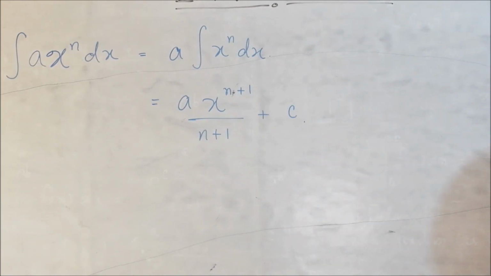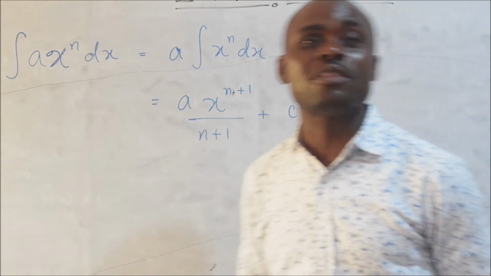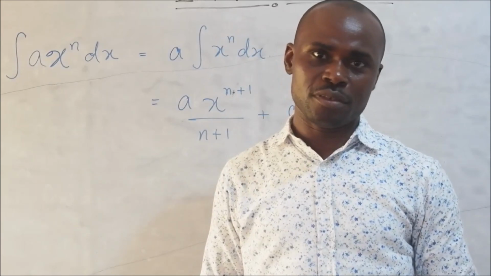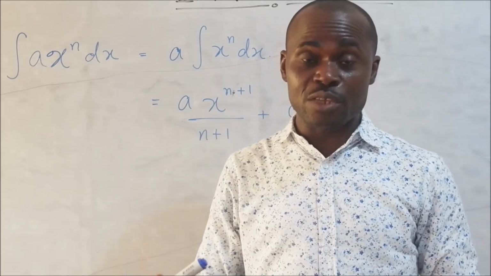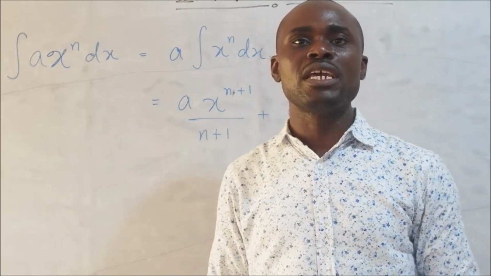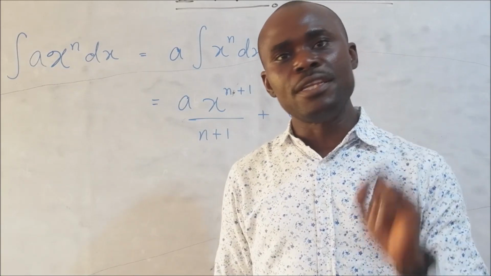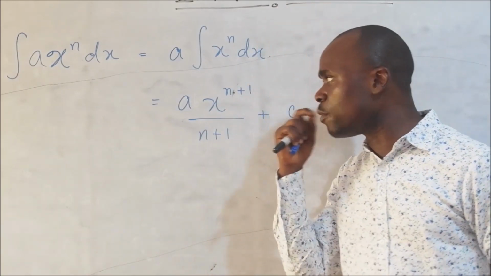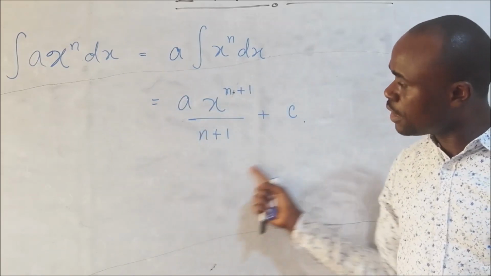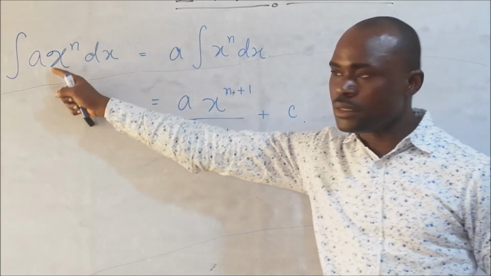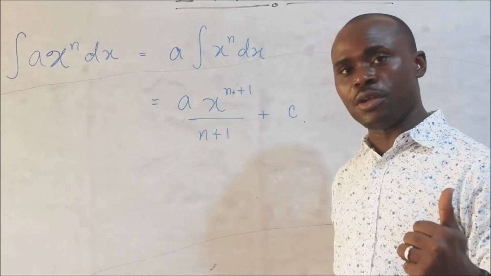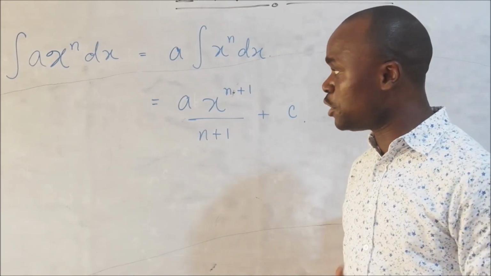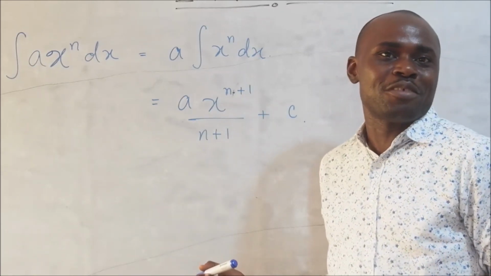Now, the question is, where do you get all this from? It's very simple. The truth is that integration is just a reverse process of differentiation. Basically everything you see in the concept of integration is a reverse process of differentiation. So this is not just coming out from the sky. If we differentiate what we have here, you're going to have this. So all you need to do is have a good grasp of your differentiation, and once you have that, then you know your integration. The reverse is just the case.